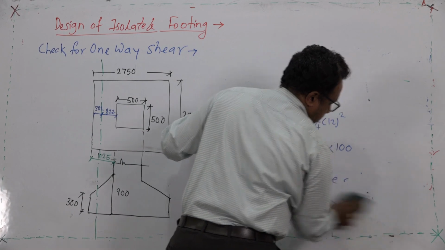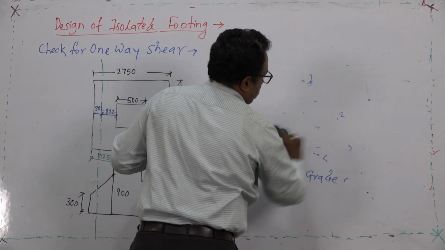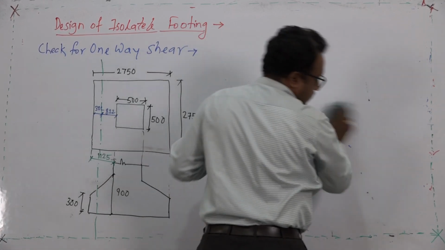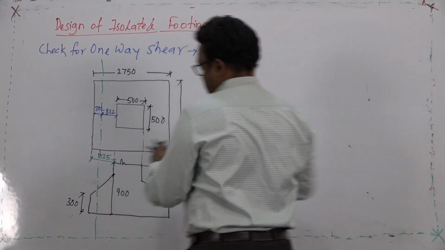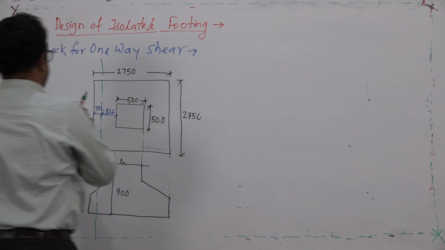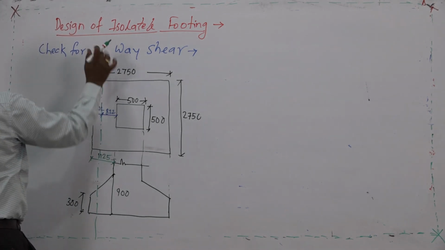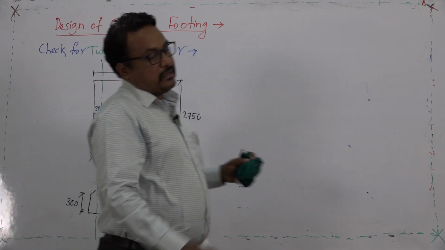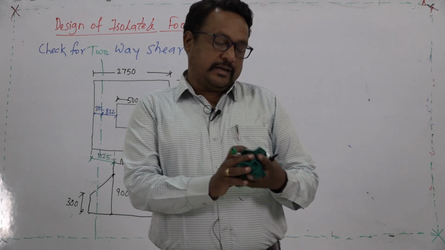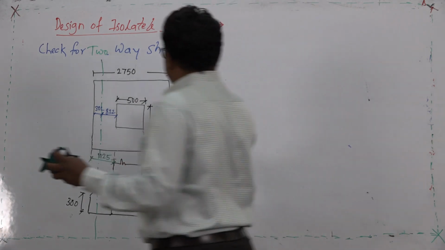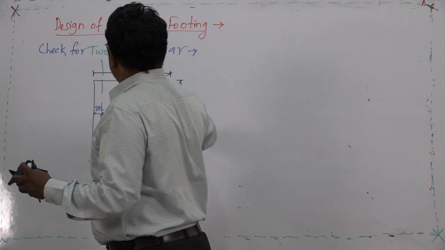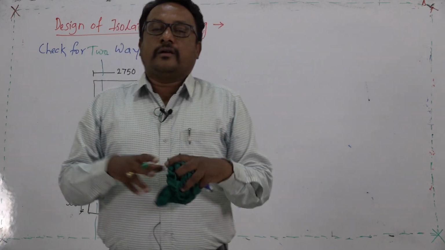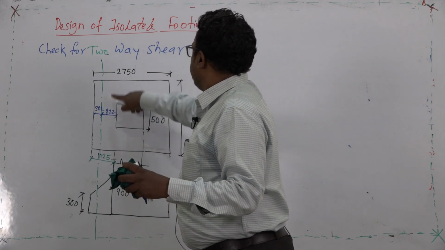Now, the last step in the problem, and then we will come out with the schematic sketch of reinforcement to end this design exercise. So, check for two way shear. Now, what is the difference between one way shear and two way shear? Two way shear is applicable in two directions. Being a square column or a square footing, it is now applicable around the entire periphery of this column, right.